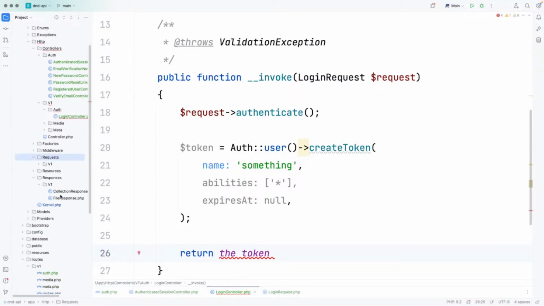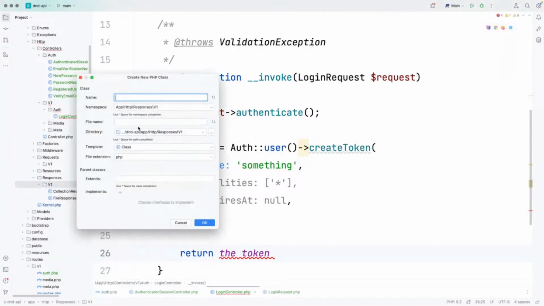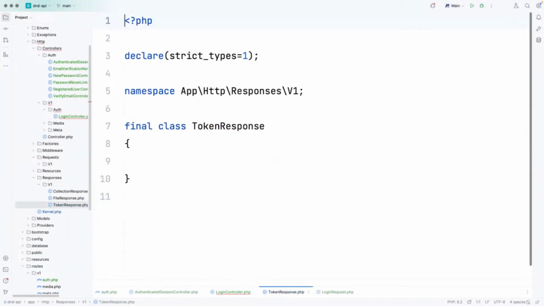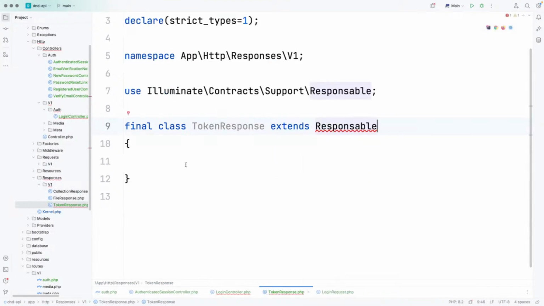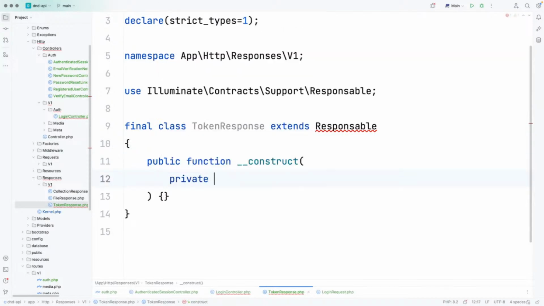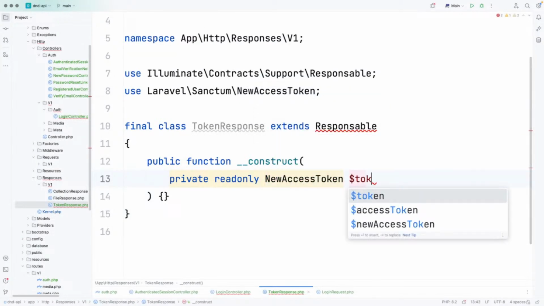So what we've got down here, we've got a collection response and a file response. What I like to do is create a token response. I'm going to be using token response in a couple of places. So it makes sense to extract it out to a class. Make that responsible. Public function construct. This will accept a private read-only new access token as token,